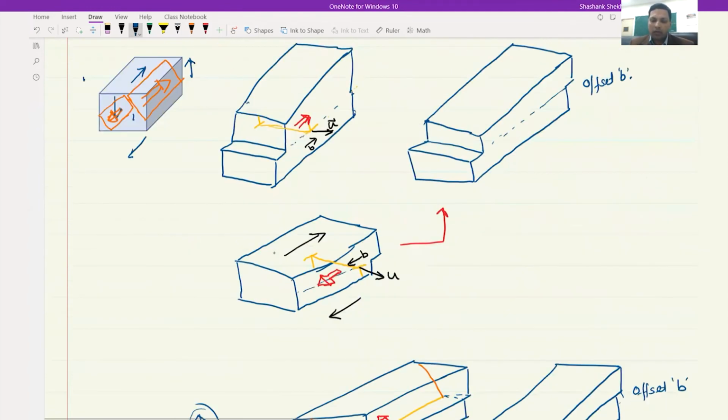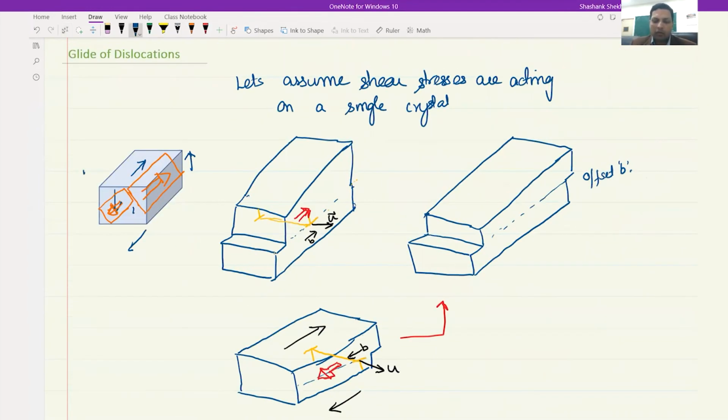Okay, so that is what we mentioned, that in the case of edge dislocation, the shear is acting like this,